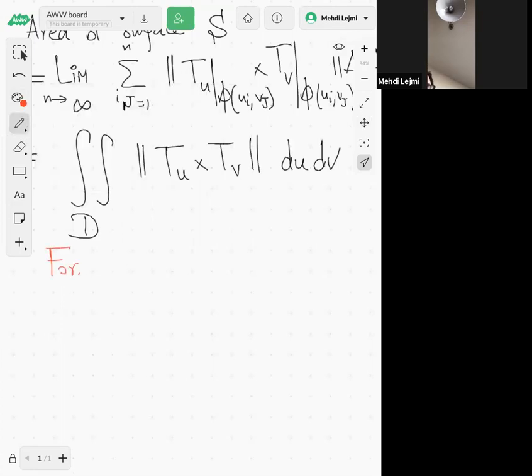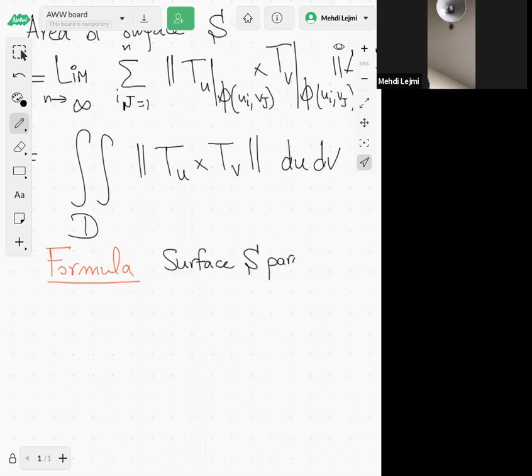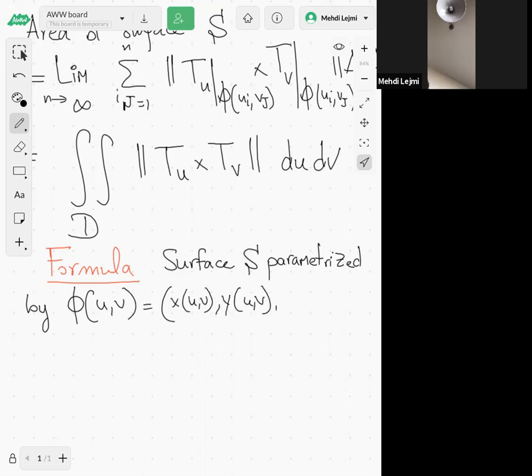If you have a surface S parameterized by phi of u, v, which is x(u,v), y(u,v), and z(u,v), and we need this phi to be one-to-one and smooth, except, as I said, possibly at the boundary of the region D,